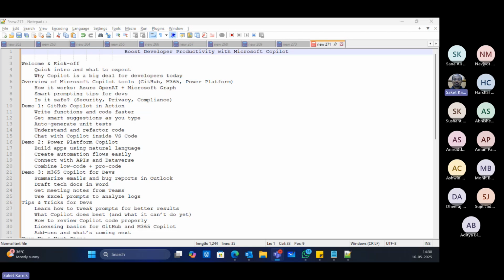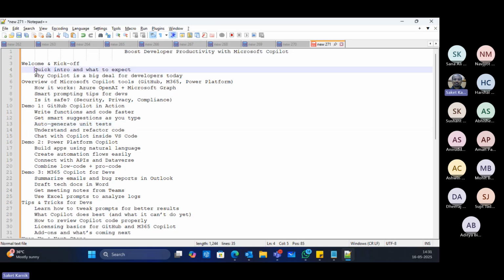Okay, so this session is going to be more focusing on Microsoft Copilot and GitHub Copilot tools. It's a blend of both. We'll be evaluating what these two platforms are and what the capabilities are and what we can achieve with them, how these tools can be useful in improving the productivity for the developers, and not only developers, actually the general office work also. So back office and support teams also can benefit from this, right? So here is the agenda we have on the screen.